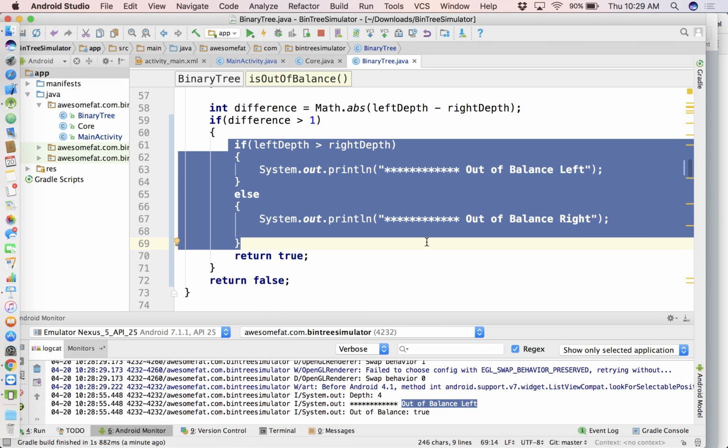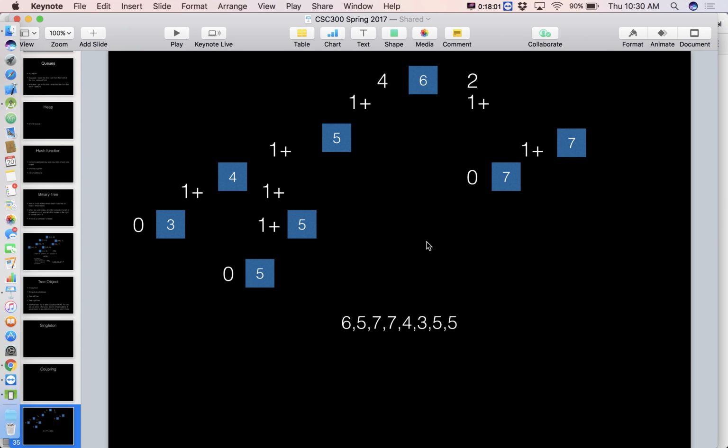Okay, so next step. We know we're out of balance. We know how we're out of balance. Now what? Now we've got to fix it. I mentioned last time we have some different algorithms for self-balancing trees, the kind of popular ones. We have something called an AVL tree, and we also have something called a red-black tree. Before we get into the specifics of those algorithms, let's just stumble upon how we might fix this ourselves. Last time I talked about how you pick a pivot point and you turn it on that point, right? Now, an important aspect of being able to do that, for both AVL and red-black trees,